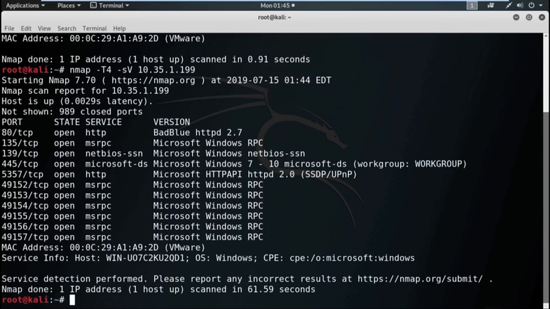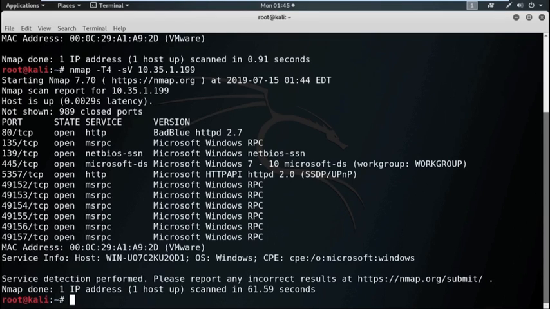From experience, we know that this service, BadBlue HTTPD 2.7, is a vulnerable service and this service is basically used to transfer files. Now, we will exploit the vulnerability of the HTTP service of the particular version BadBlue HTTPD 2.7.